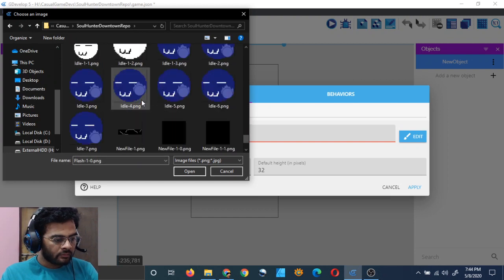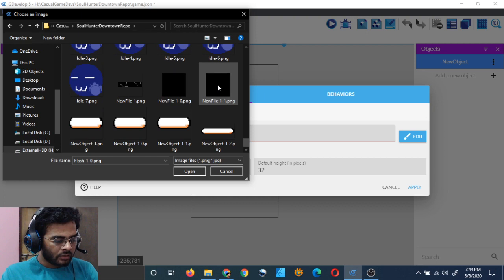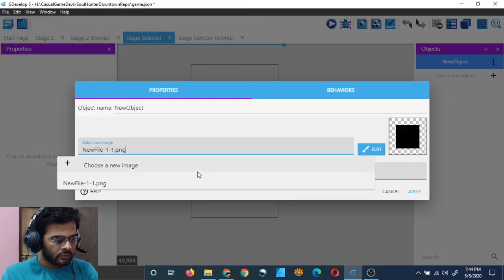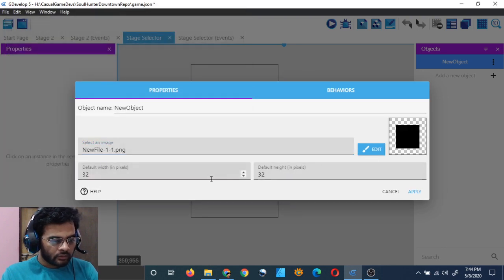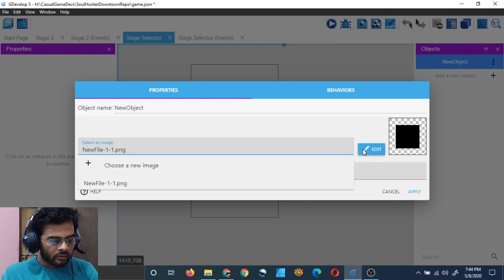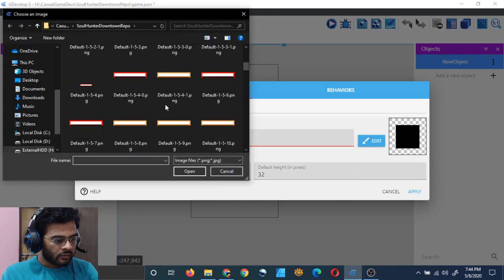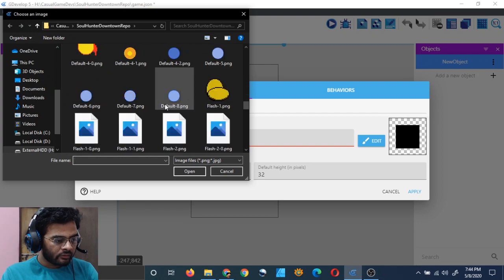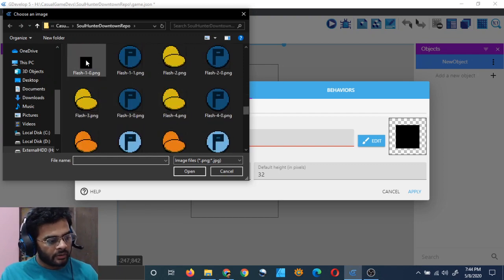Flash 10 is the name. No, I think it's this one. It's this one, new file 11. Yeah, it's a black colored box, 32 cross 32. However, its width and height was something else. It was 64. It doesn't matter because it's a square, but it's better if you get 32 cross 32. That is better.